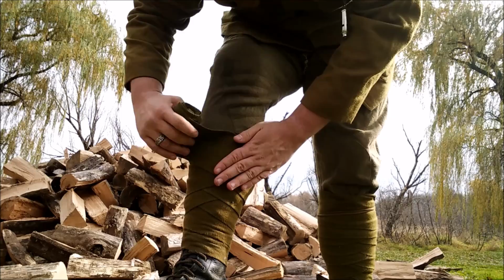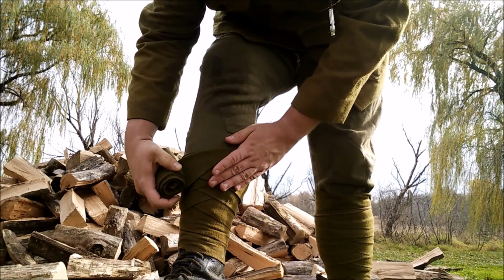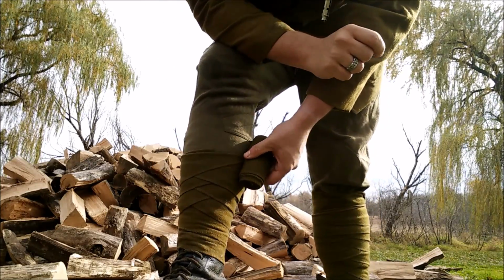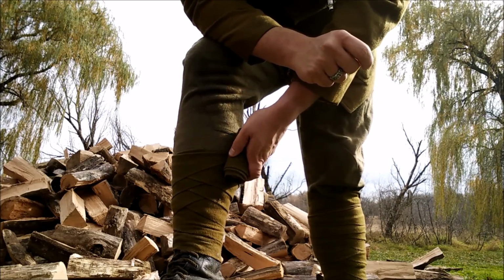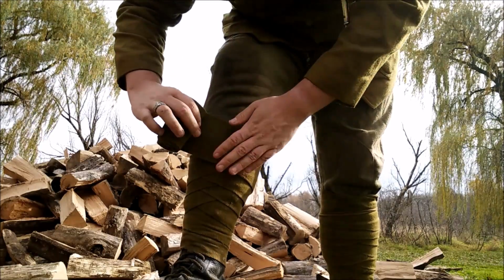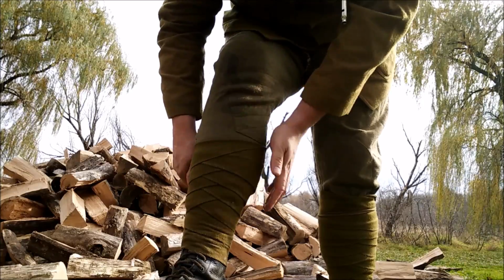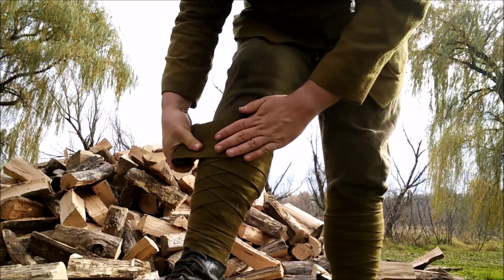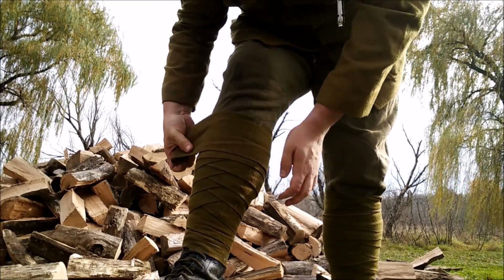All right, so we got 2 done. Bam. Fold it over. There you go. Pull it nice and tight. The key is to keep these things tight. They should feel really uncomfortable while you're putting them on, but then they'll stretch out a bit and they'll be good. They shouldn't be cutting off circulation, but they should be snug. They're made to support your ankles and your calves, and protect them as well. So now we've got the 4th one done, and then you just wrap it again,